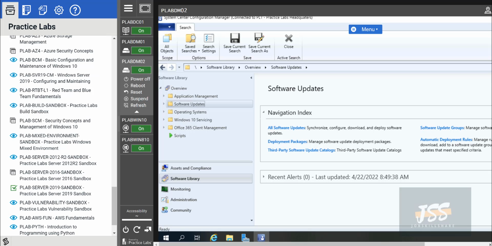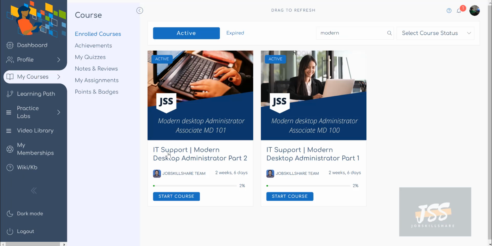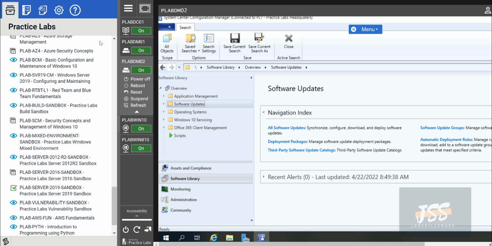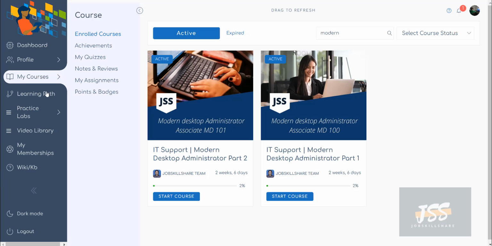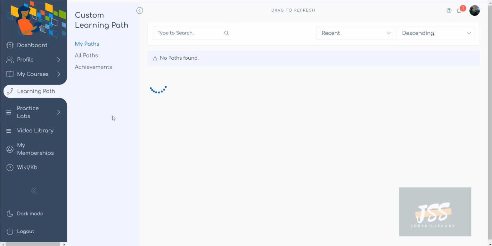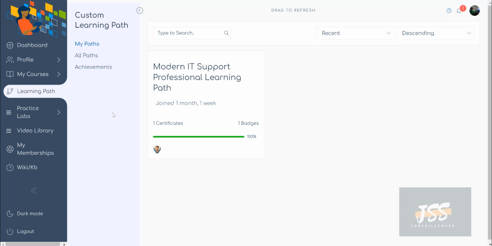So my main point over here is that you have so many powerful labs. You can pick and choose things based on your resume and the interview. But if you want to be in sequence, you don't want to be taking stress that, okay, what labs should I take? Then of course you need to take a learning path. You cannot just jump to labs on your own at your level, because that's going to lead to stress and you will not be able to achieve a lot from these labs. You need to follow guidance. So take either learning path courses or take a full program where someone can then guide you.